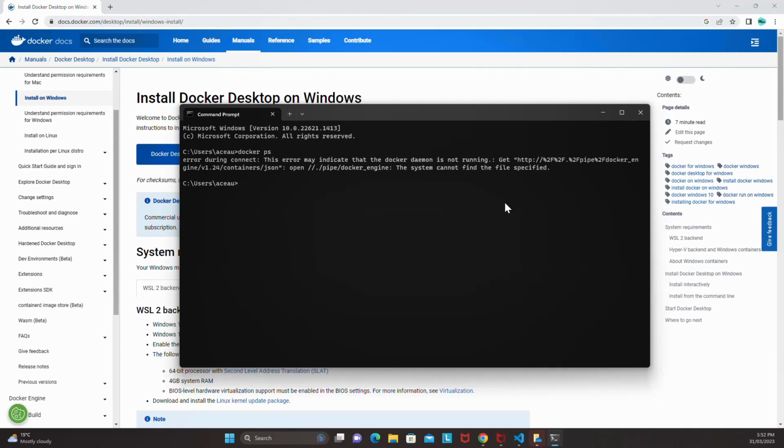Now I'll change my command to docker hyphen version, and I can see the Docker version, which indicates that Docker has been installed, but it's not running. So for that, what we need to do is